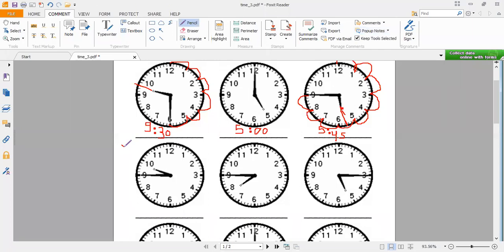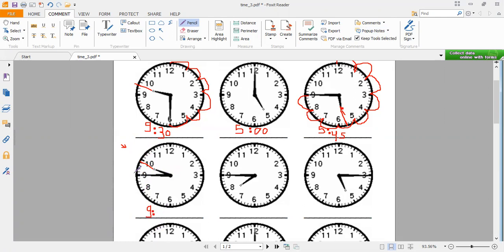Okay, let's try to answer this. Let's look at the hour hand. The hour hand here is nearest to 10, but it didn't reach 10. It didn't reach 10 yet. It's not 10 o'clock. It's before 10, which means it's still 9. That means it's still 9. Okay? 9 and